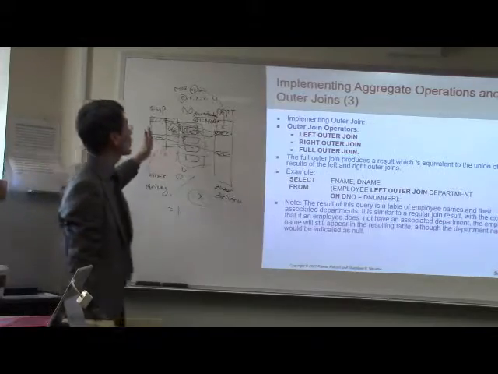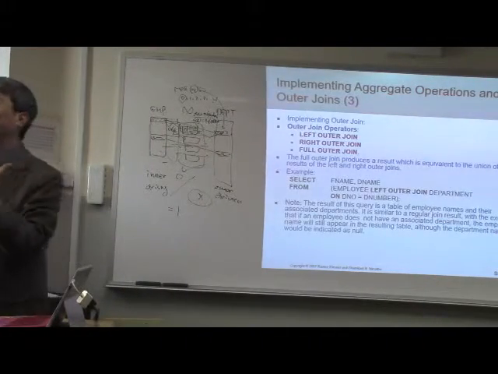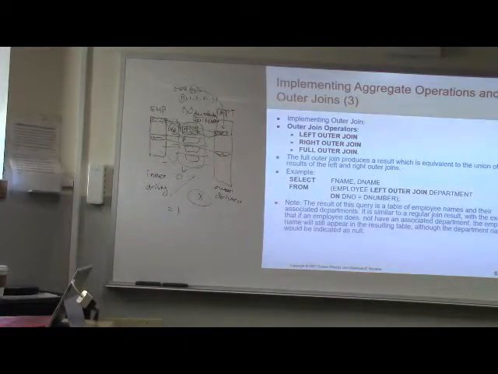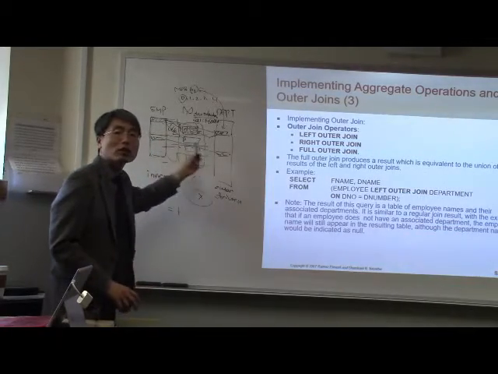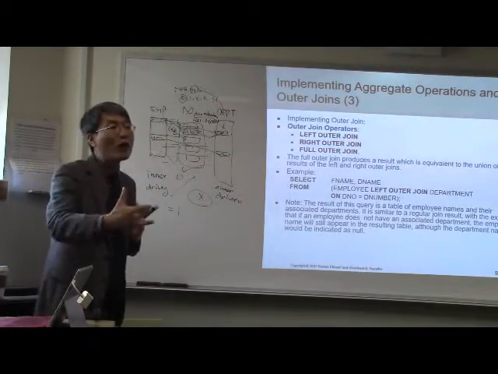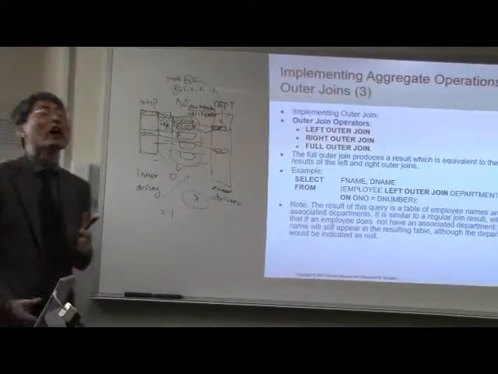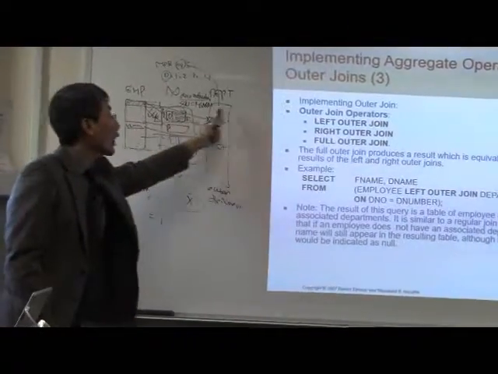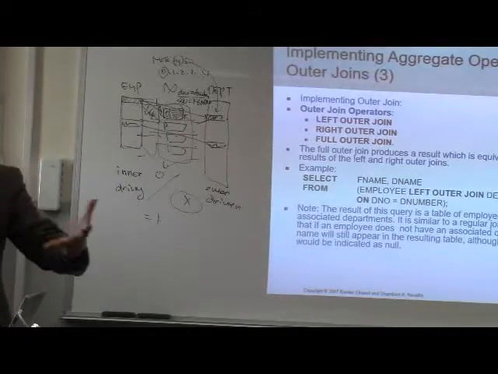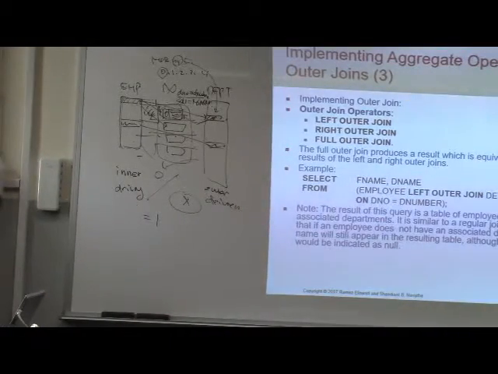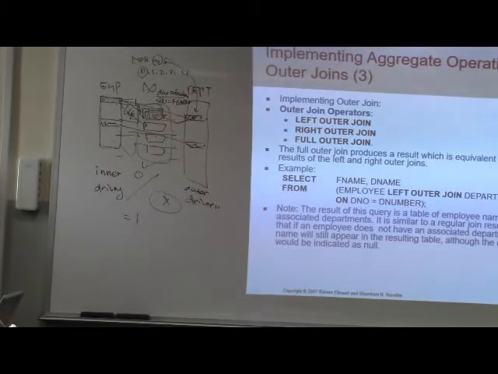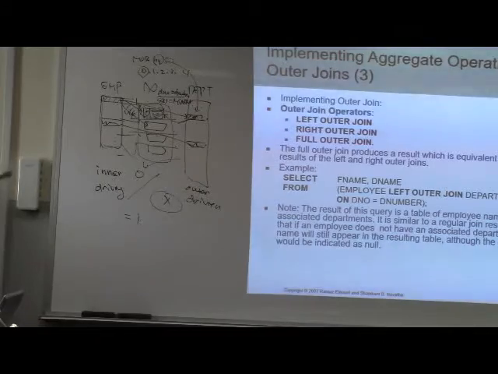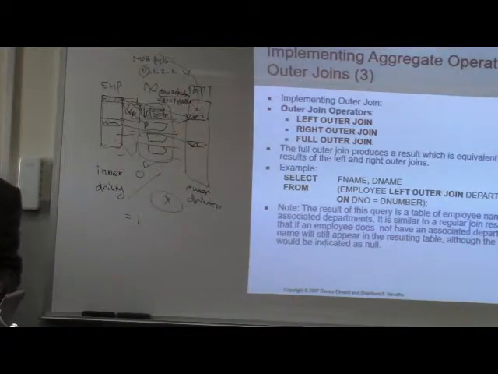Why? Because to consider the outer join, it's an additional cost. Not just the I/O, but this data, even though it's not matched, should be considered in the buffer. So we need more buffer and additional cost. However, if you can calculate the cost of the regular join, it's not very complicated. Keep in mind that a real query optimizer needs to consider additional cost for the outer join in addition